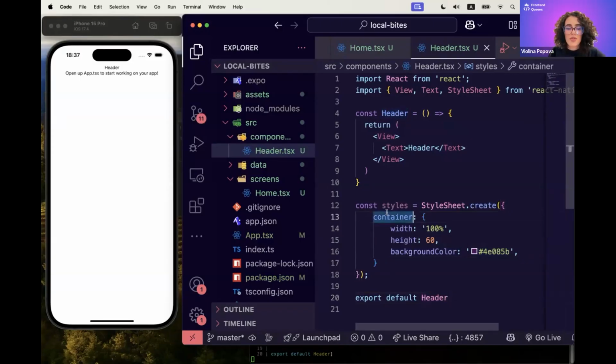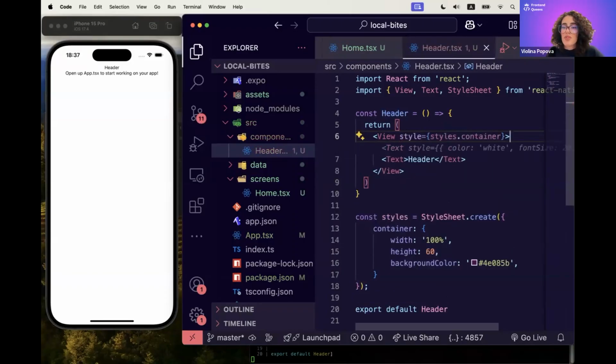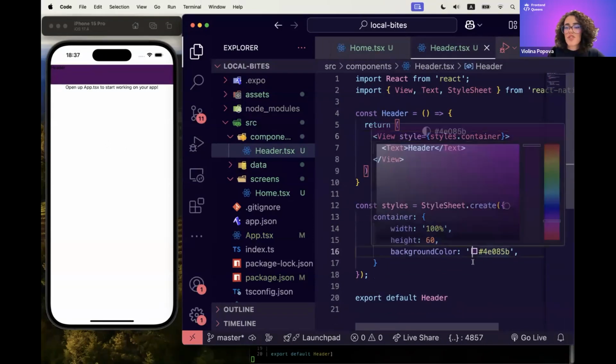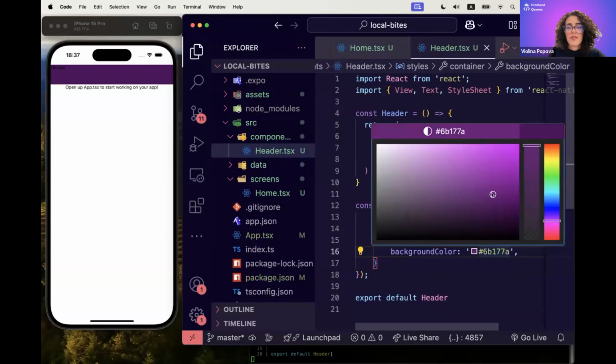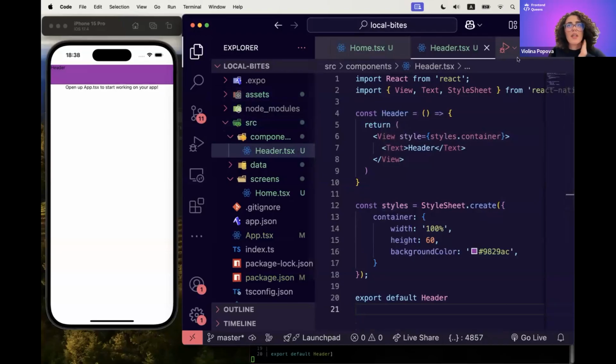And in order to see the applied styles, we also have to import the styles to our view component, and I'll just change the color to be more visible, maybe like this. And the next thing which we have to style is our text component, which currently says header,